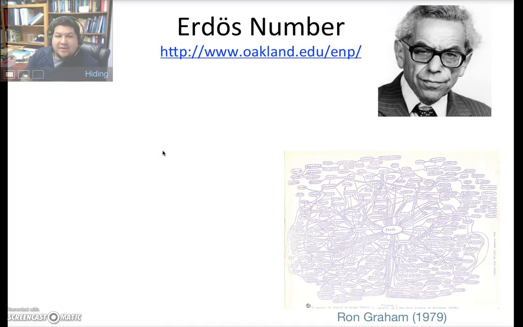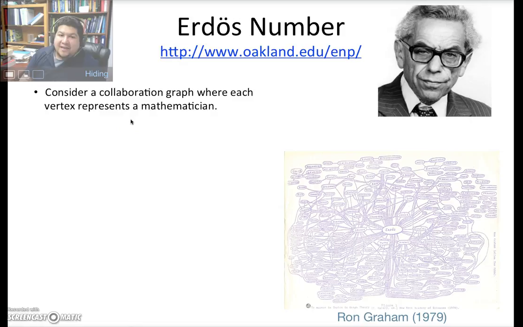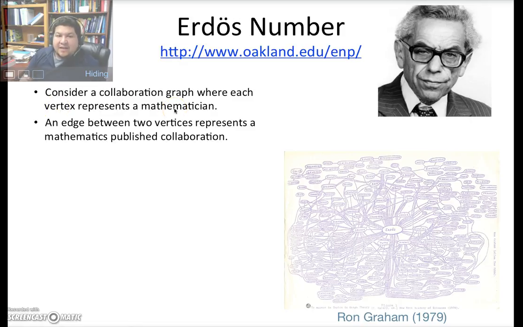You could refer to a graph such that every vertex in this graph represents a mathematician, and two mathematicians are said to be joined by an edge if they co-author a publication. If they publish an article or a book where they are both co-authors, then that will define an edge between the two of them. So this was a hand drawing by Ron Graham, 1979,